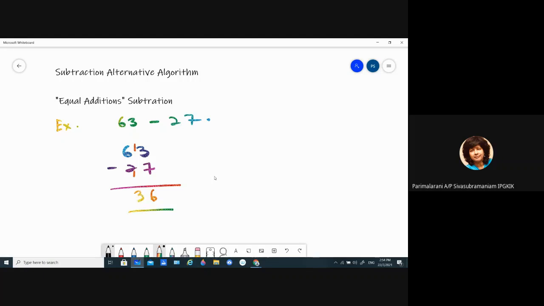Okay, another example, 432 minus 176. 2 cannot minus 6. So you borrow 1. When you borrow 1, straight away you pay back here at the bottom number. Okay. So 12 minus 6 is 6. Now you want to minus 3 minus 8, but cannot. Borrow 1, pay back here. 13 minus 8 is